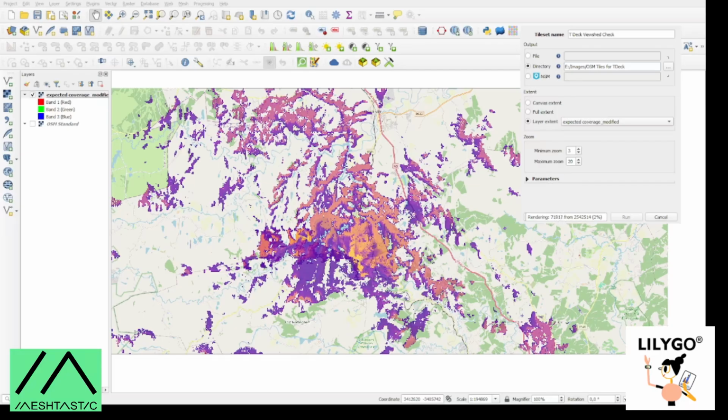If you look at the bottom of the little window, you see it's rendering. It's rendering tiles. Why is it rendering tiles, dear viewer? Well, it's not exciting. It's not exciting at all. What I'm doing right now is creating a set of map tiles for my LilyGo